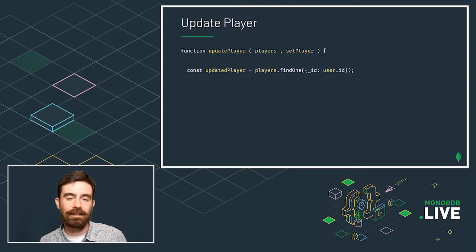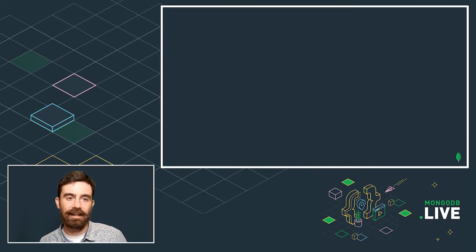And I'm using this now that we've updated Atlas, we want to query it to find that new updated data. So we do players.findOne, and we're finding our player document again. I'm going to call that updatedPlayer. And now we're going to update the state of our player in our React application with setPlayer. And that should cause anywhere that needs to be re-rendered in our React application to happen.